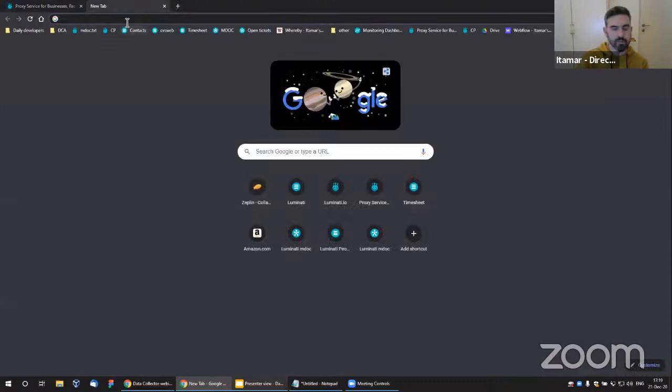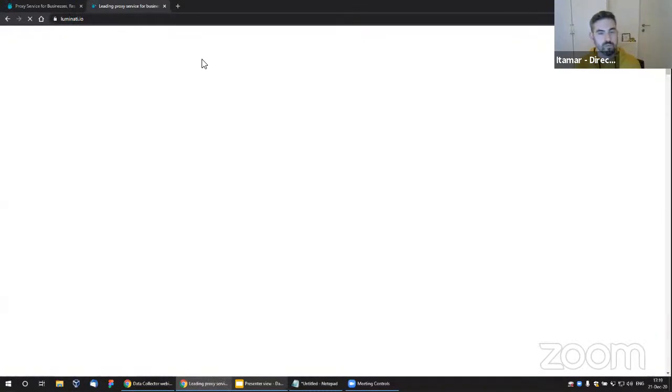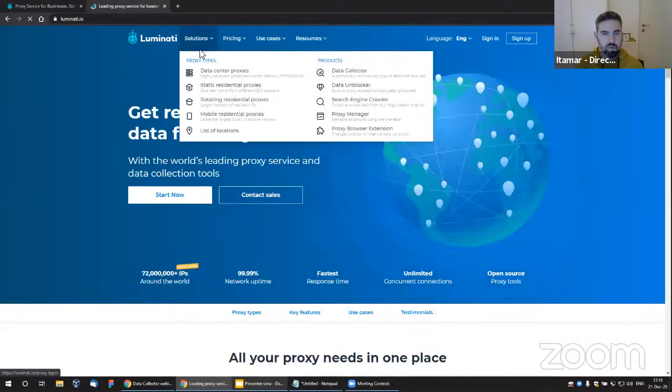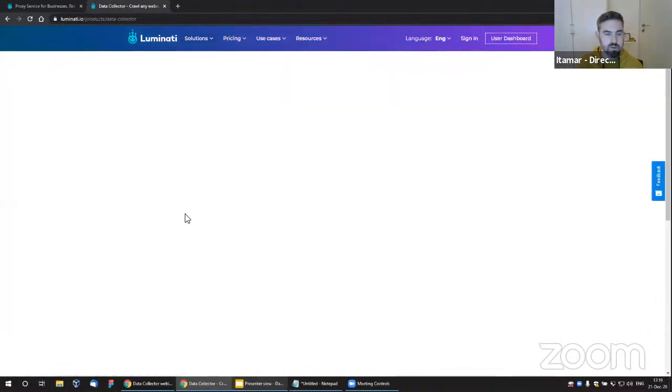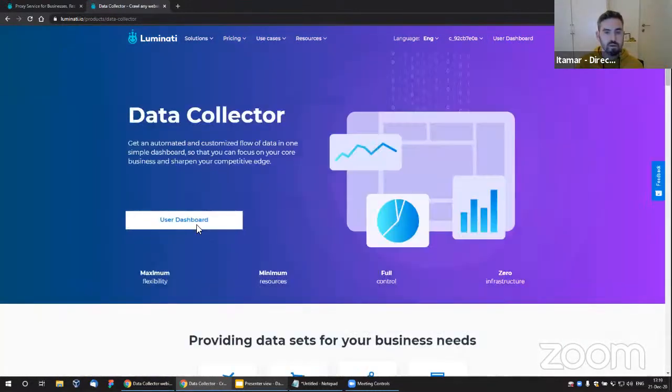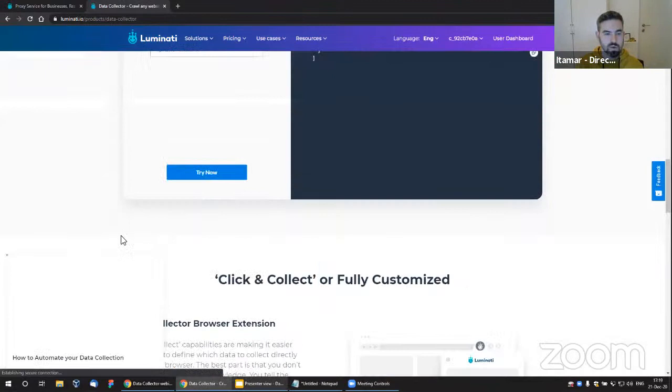Yeah, okay, great. So we will continue with the Chrome extension demo. Today we're going to show you how we can collect data from eBay, in this case. All I need to do first is just go to Luminati.io, and under solution, you'll see this data collector option. Scroll down a little bit, and here you will have a link to download